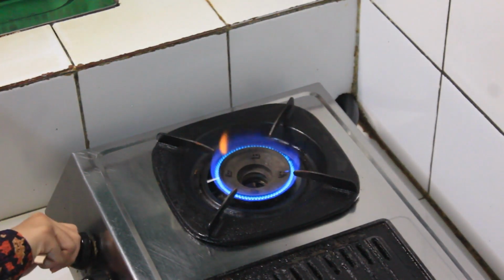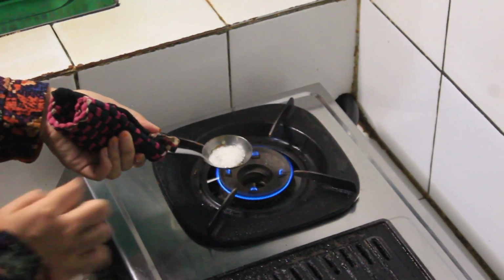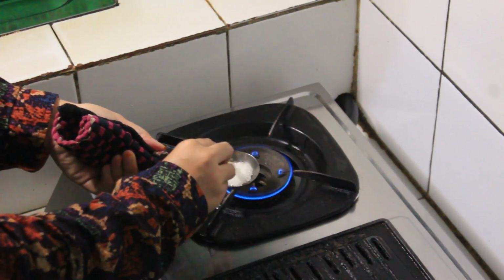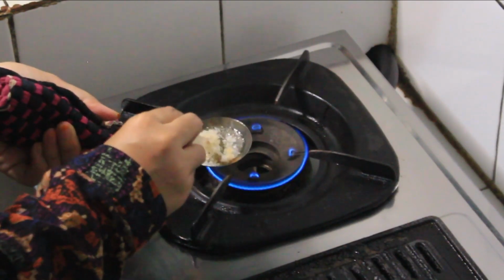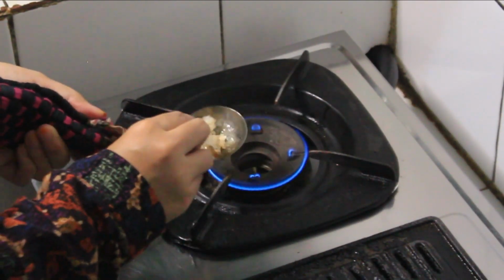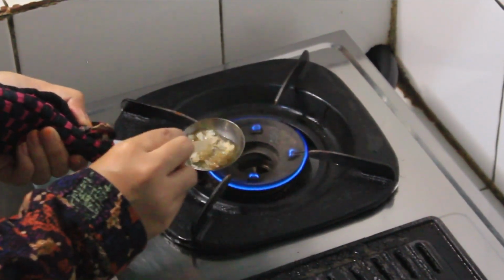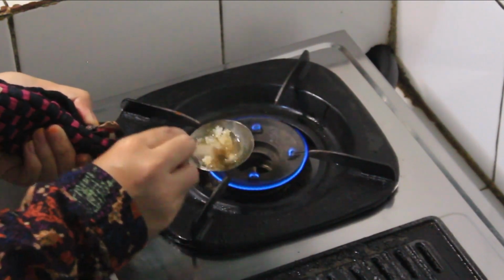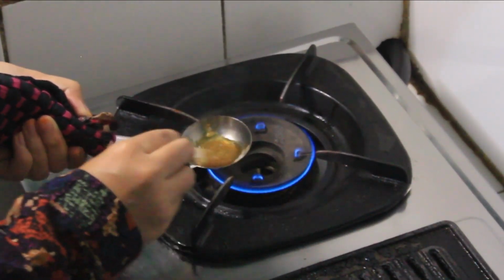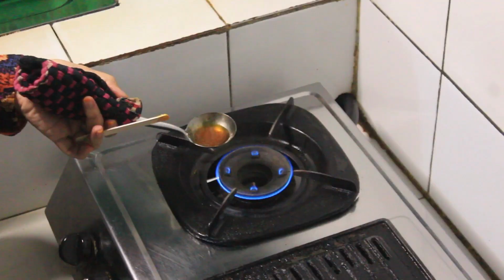Turn the stove on and place the ladle filled with sugar on top of the fire. Then stir it around by using the stick. As the sugar starts to melt, keep stirring. As we can see, the sugar has melted to this liquid caramel, and what we want to do next is